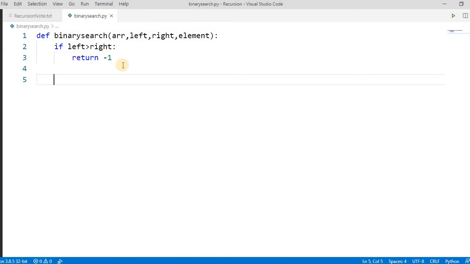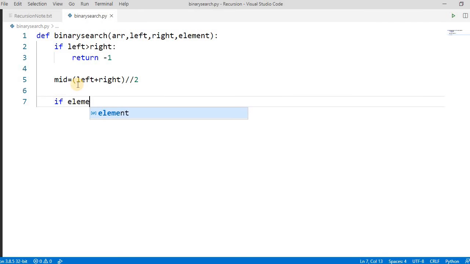Now let's find the mid. So how will we find it? Left plus right, divided by 2, right? We have found the middle of the array. Now we have to check if element is equal to array[mid], right?